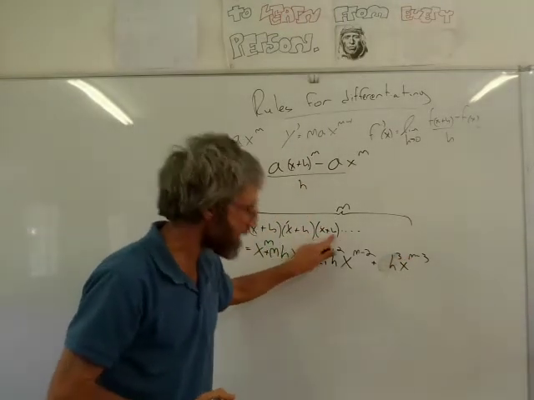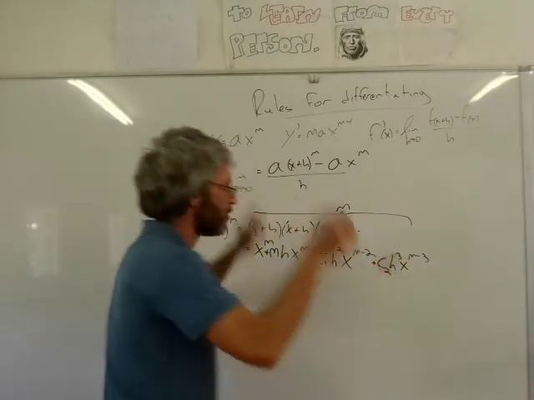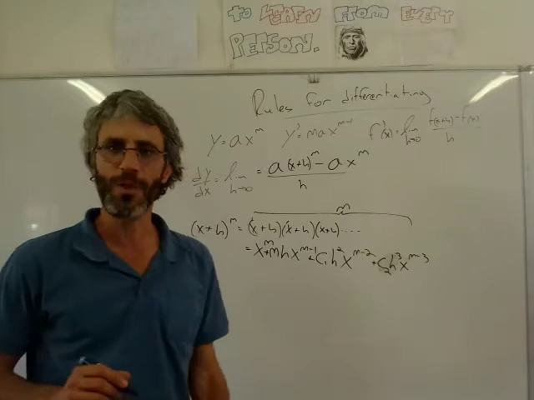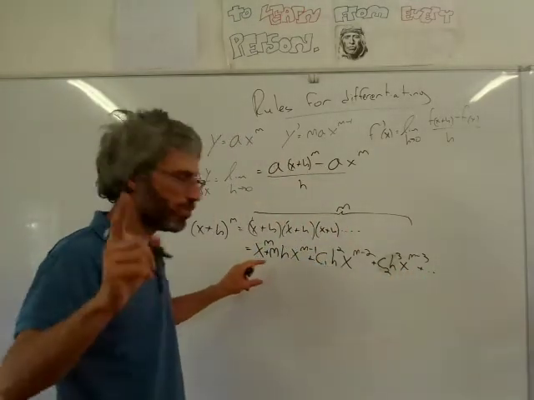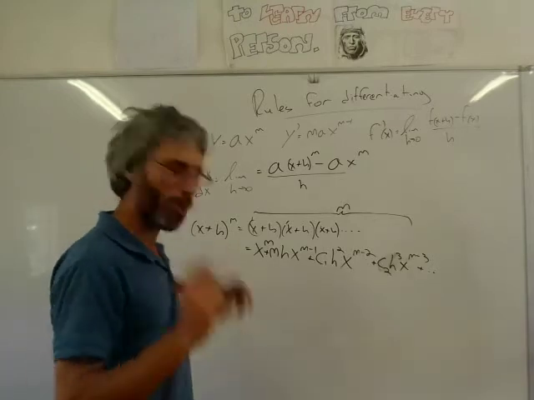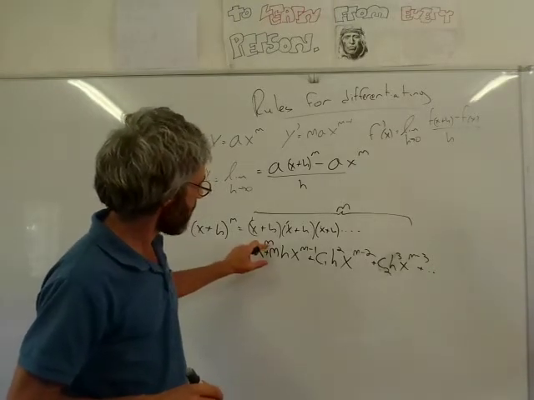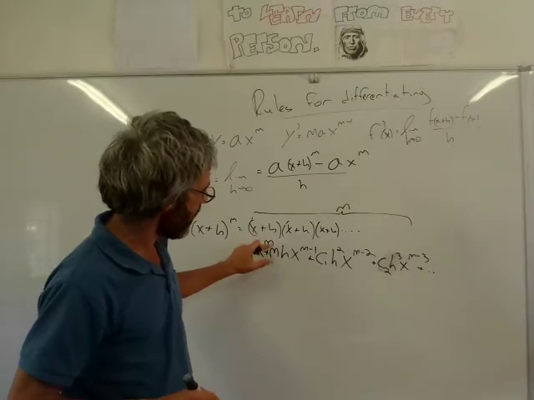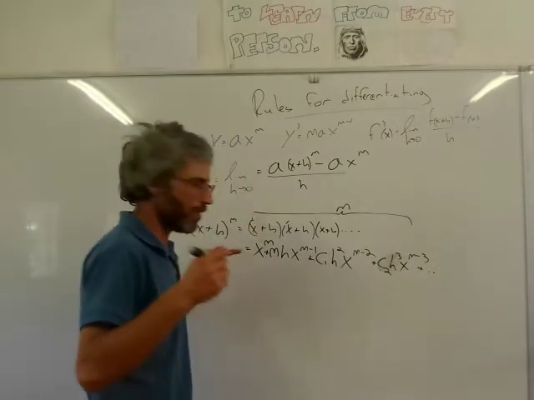h times h times h times x times x times x times x, and there will be another constant here. Again, I don't care about it, we'll just call it c2. And it will carry on, carry on, carry on. And what you notice here, then you will come across in a proper investigation of the binomial theorem, that as the exponent of the n's goes down, n minus 1, n minus 2, n minus 3,